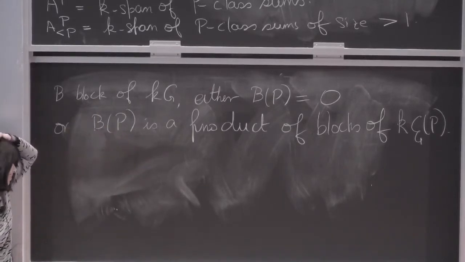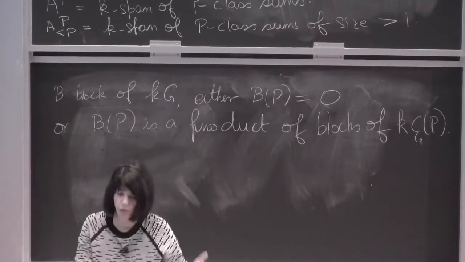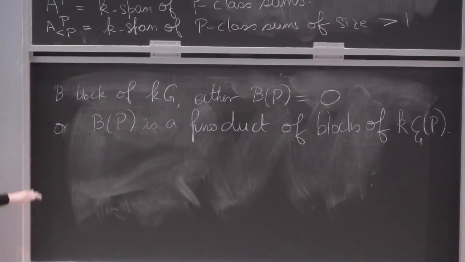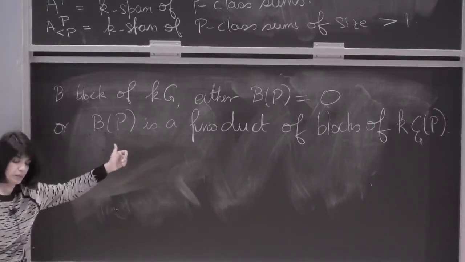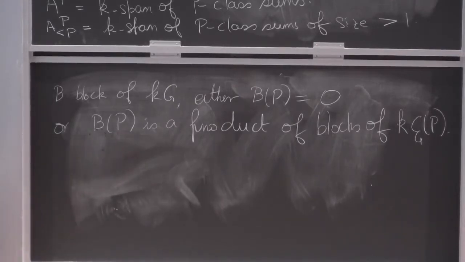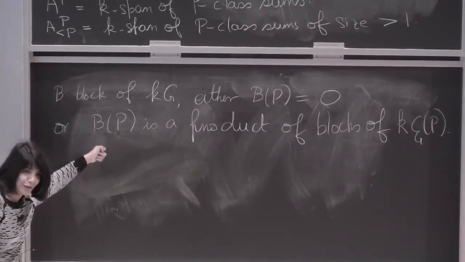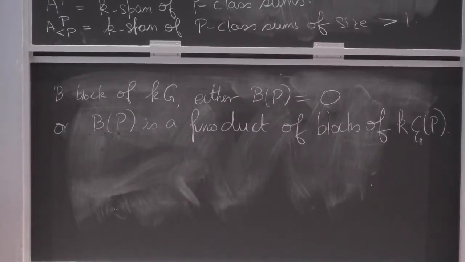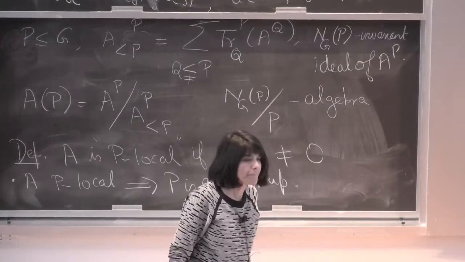I'm going to come back to this point of view in my next lecture, more about what this product of blocks actually means, what's going on here. But right now the only message I want you to take away is that for certain p-subgroups, if you do the Brauer construction, you get nothing, and so that p-subgroup is not interesting for that block. And for others, you get something, and what you get is always a nice piece of the centralizer in G of P. Is it understood which p-groups give nothing?